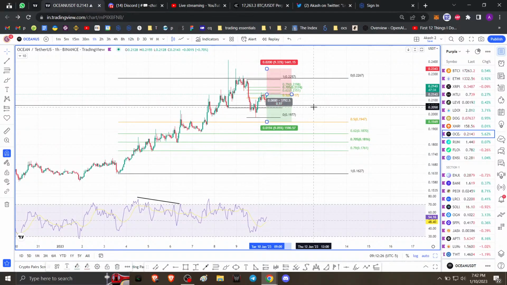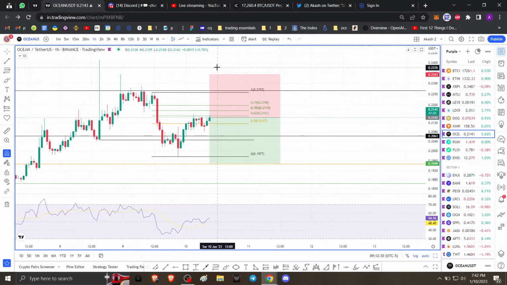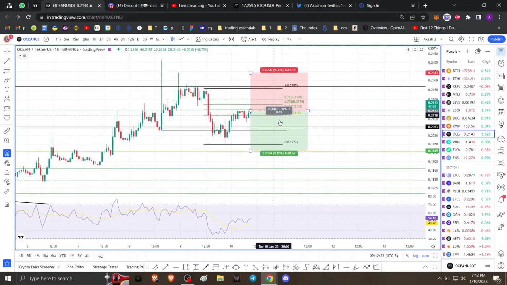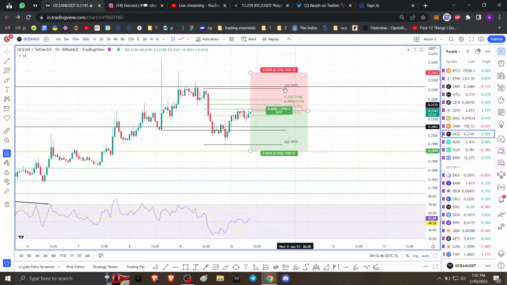Now ideally this is where you want to book profits, but considering our stop loss, the trade doesn't really look good in terms of risk to reward ratio. So what I would do is ignore the stop loss for now, just keep it there for the sake of risk management. But once the price starts going down,